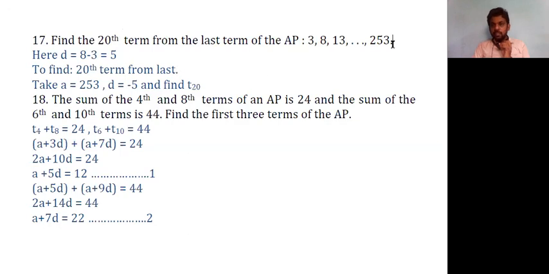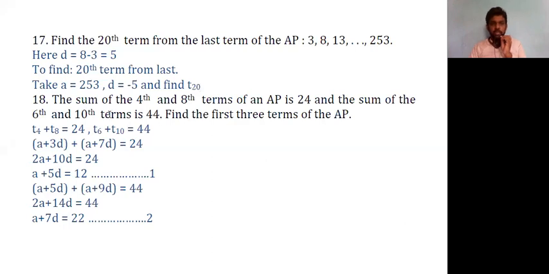So we can consider this as the first term. So take A is equal to 253. So from here, we have the consecutive terms reduced by 5. So 13 minus 5 is 8, minus 5 is 3. So the common difference is minus 5 and not plus 5, since we are considering the AP from the reverse. So we have A here and D here. We know the n value. We have to find the 20th term. Complete the sum.